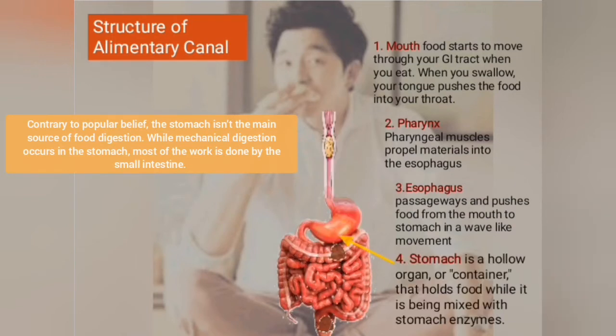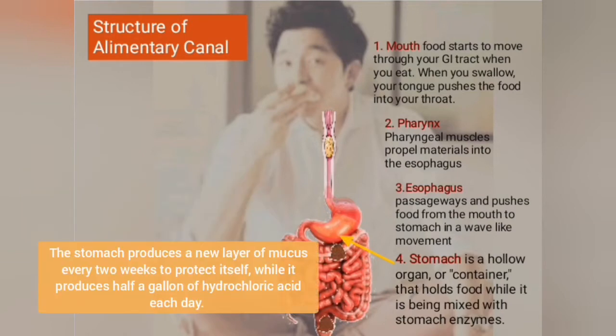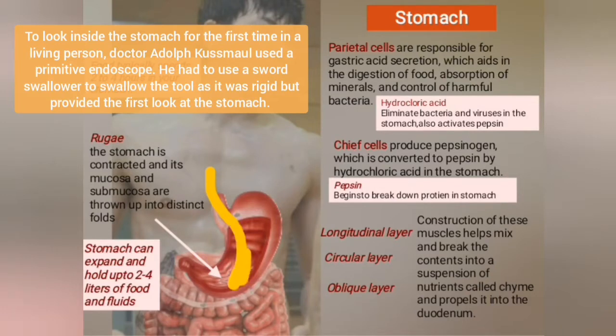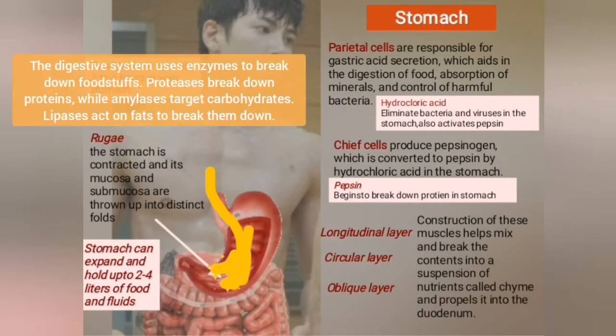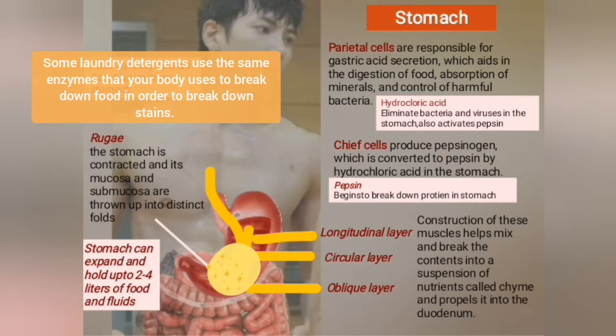Going down to the stomach, which is a hollow organ or container that holds food while it is being mixed with the stomach enzymes. When the bolus goes into the stomach, the pyloric sphincter remains closed, and the food mass is temporarily stored in the stomach for 2 to 4 hours until the digestive process occurs. Rugae are responsible for the inflating and expanding of the stomach, which can hold 2 to 4 liters of food and fluids, while the longitudinal layer, circular layer, and oblique layer help break the bolus into a suspension of nutrients,